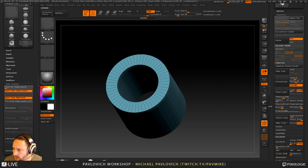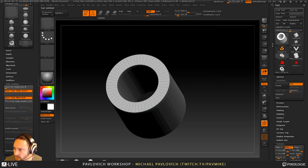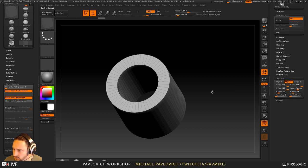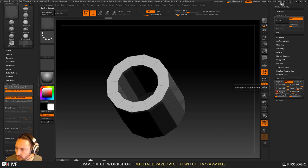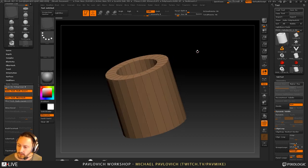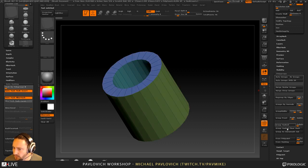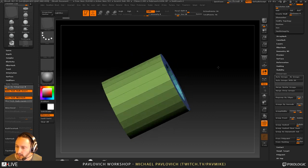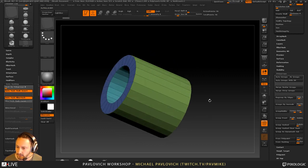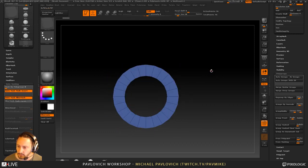And actually, let's go back to our cylinder 3D. Again, just to make sure we're constant up here, let's change this to like 12, or let's go to 24, and then v divides is 3, and then we'll go back to make polymesh 3D. And now we have this mesh, what we can do is go to polygroups and then group by normals, and that'll look at your normal angle threshold tolerance here. And depending on the angles between your meshes, it'll give a separate polygroup for here. So now I have an inner polygroup and then an outer polygroup here, which is sometimes useful